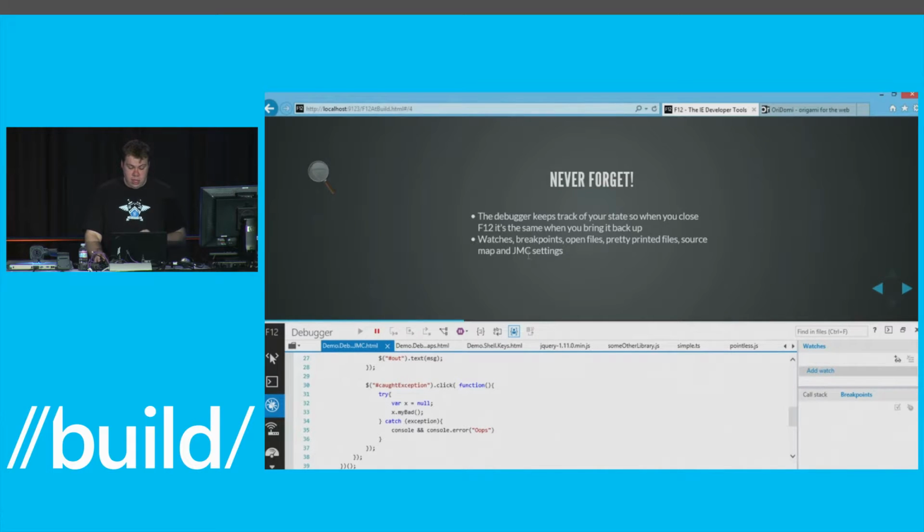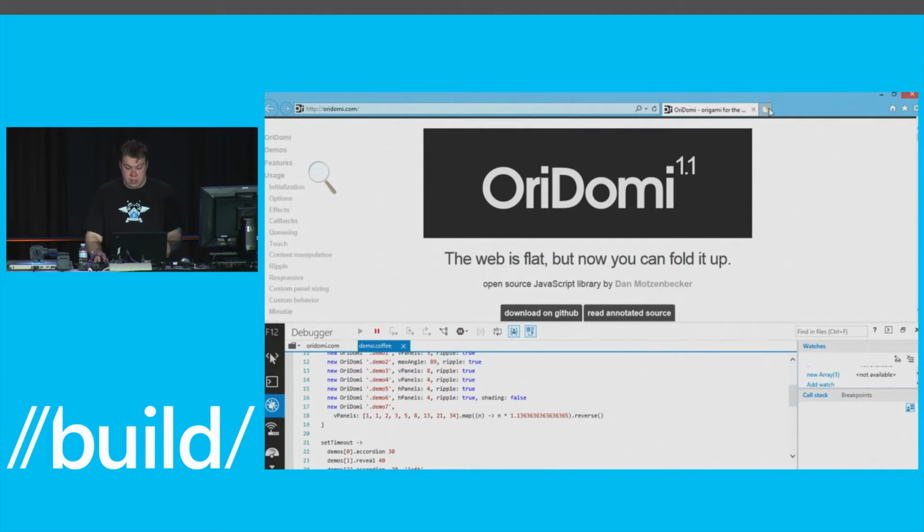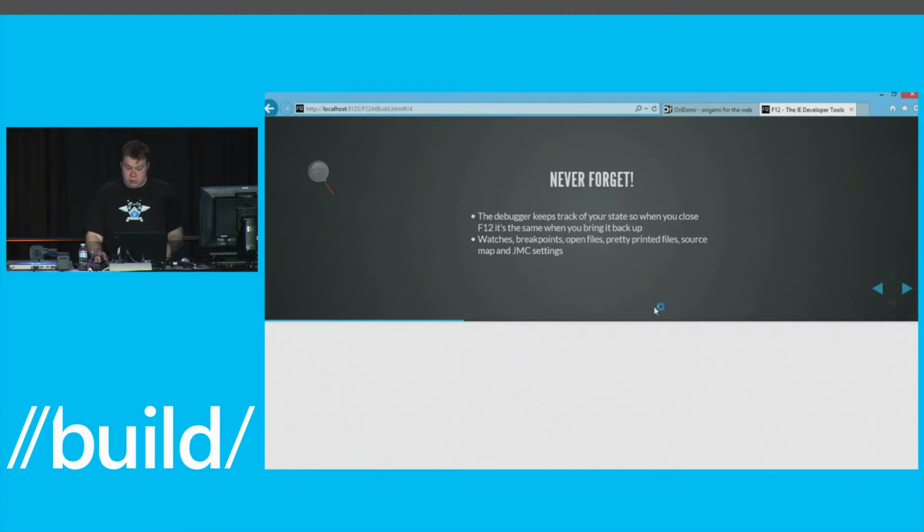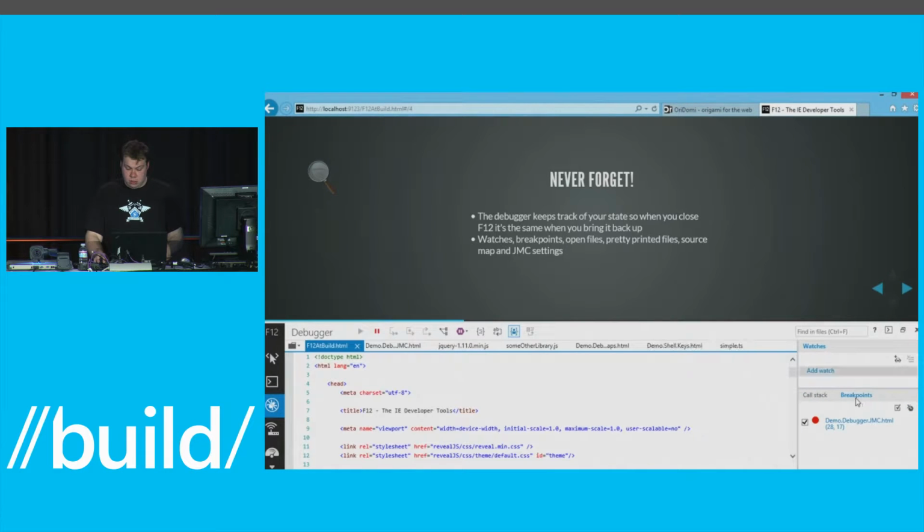So for example, let's do something very brave and, for the sake of argument, just set a breakpoint. You see I've got a single breakpoint set here, and I'm going to close my demo, which is always good fun to do, and then reopen it. And then when I open F12, hopefully in the bottom right, you'll see the breakpoint still set. But more than just that,